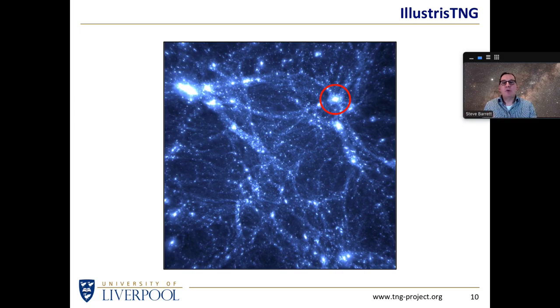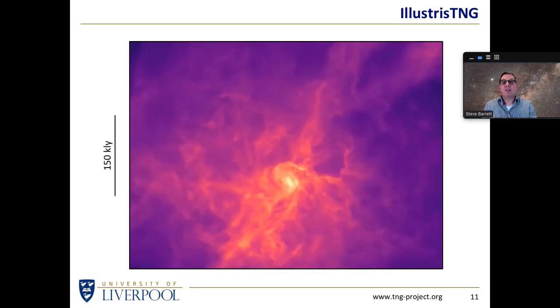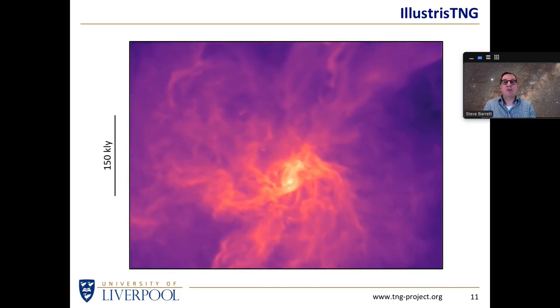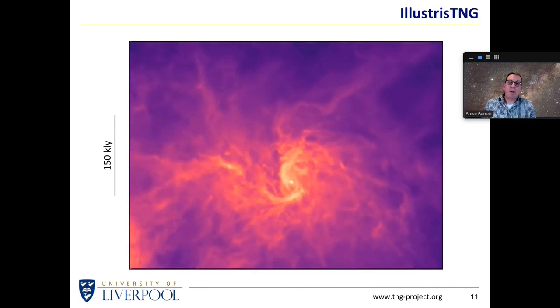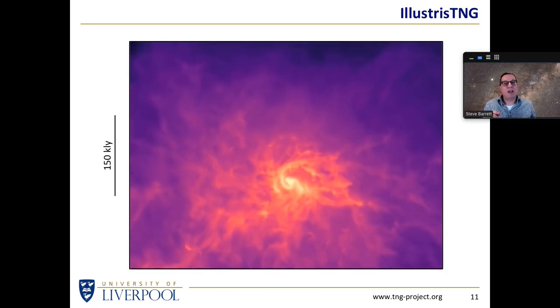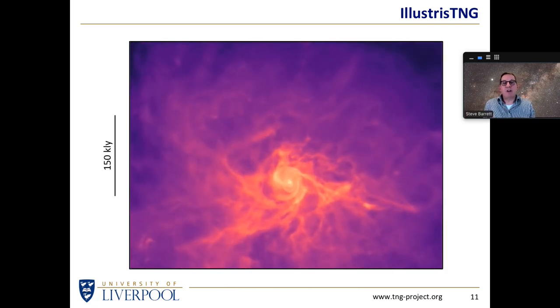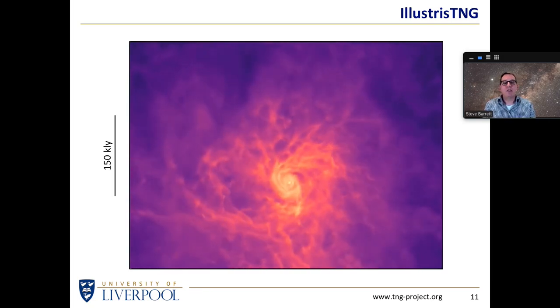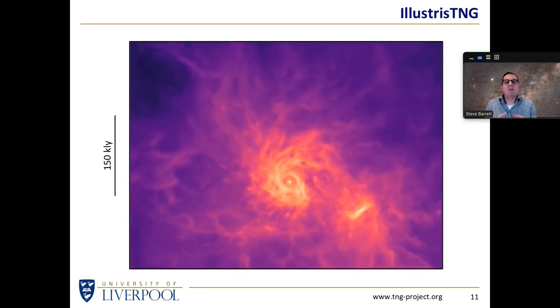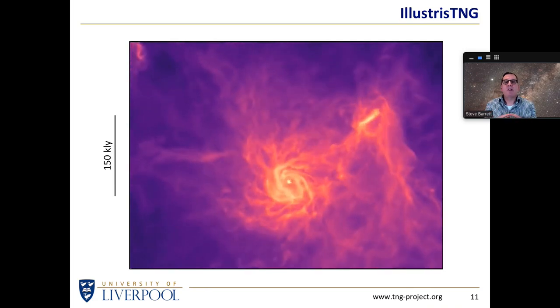Let's look in more detail at another of the Illustris simulations, this time on a scale of thousands of light years rather than millions of light years. So let's run the simulation a few billion years and see what's happening. Matter is falling through one of these filaments from the top, matter is falling from a filament to the left and from the right, and it's starting to collect into this sort of whirlpool structure that you can see in the centre here. Bright means more density, dark means lower density.